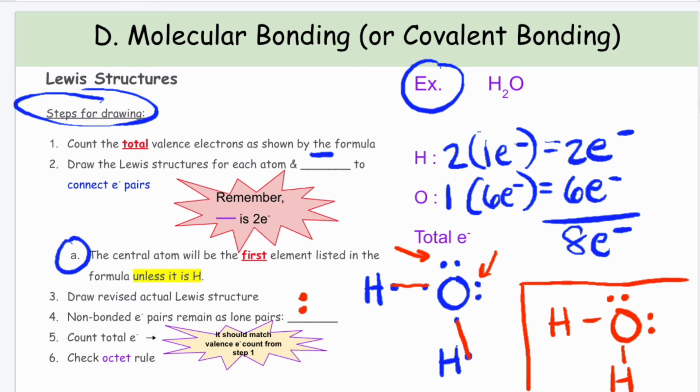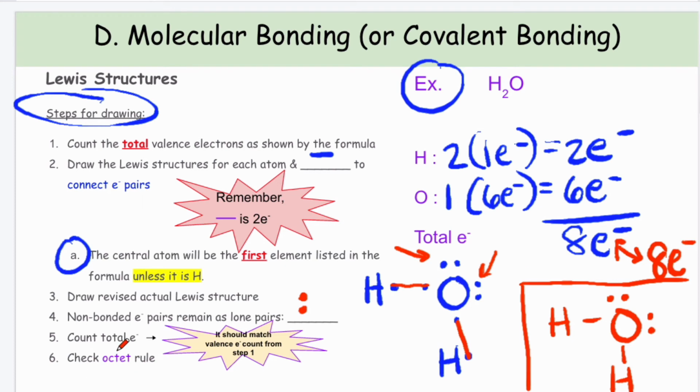Now we need to double check our work. That's always a good idea. So step 5 says to count the total electrons and that it should match our count from step 1. Okay. Now remember, in our little call out bubble here, a line is 2 electrons. So anytime we see a line, like between oxygen and hydrogen, that counts as 2 electrons because each of those atoms is sharing 1 electron with the other. Okay, so we have 1 line here from oxygen to hydrogen, there's 2 electrons. 1 between this oxygen and hydrogen, that's 2 electrons, so now we're at 4. We have a pair up top, that gives us 6, and a pair on the right, that gives us 8. Okay, so we count 8 electrons. And that is the same number that we got for our count from step 1. Okay, so everything checks out.